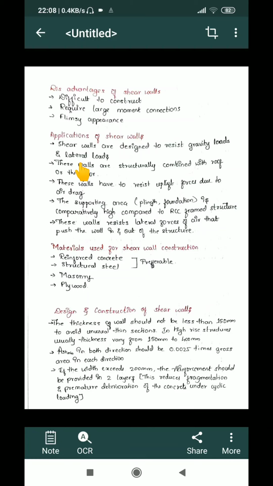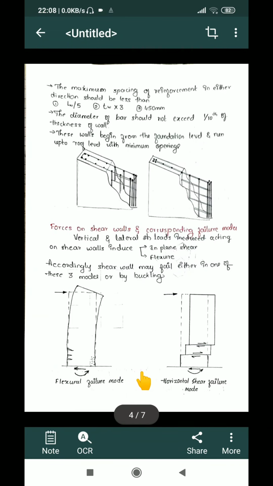So today we are going to continue with the study of shear walls with the design and construction aspects of a shear wall, failure modes of shear walls and types of shear walls. So let us start with the design and construction aspects regarding shear walls. For understanding this, I am going to consider a concrete or RCC shear wall as an example.